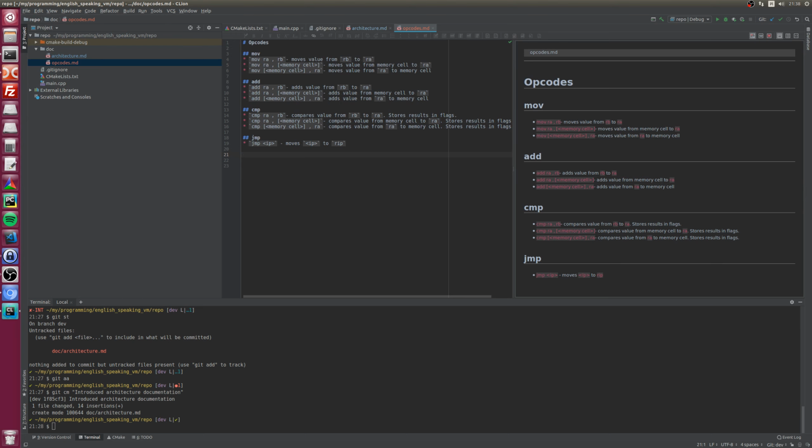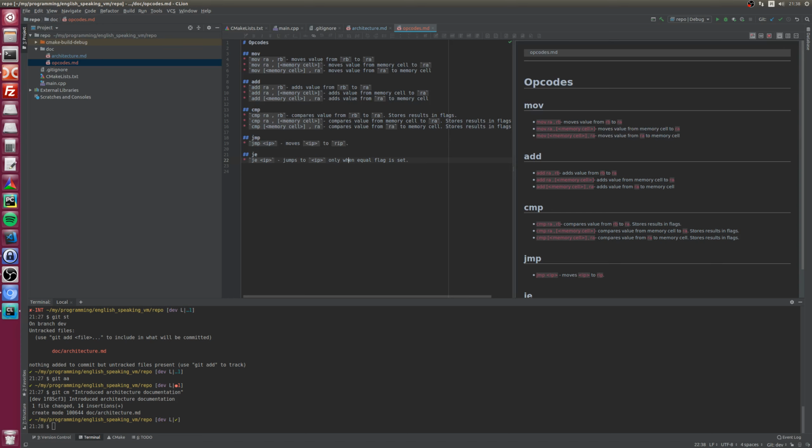So jump equal jumps to the instruction pointer when, let's say, the equal flag is set. Well, let's add a dot here.